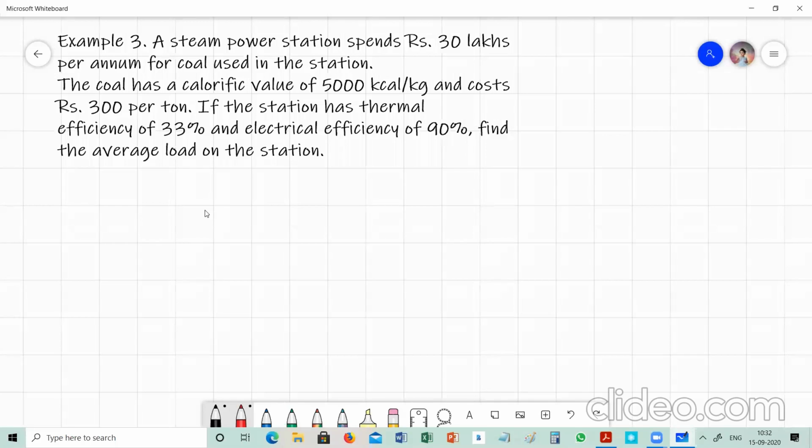In earlier lectures, we have solved two problems on steam power plant. This is the third type of problem. One more problem we will see. The problem is